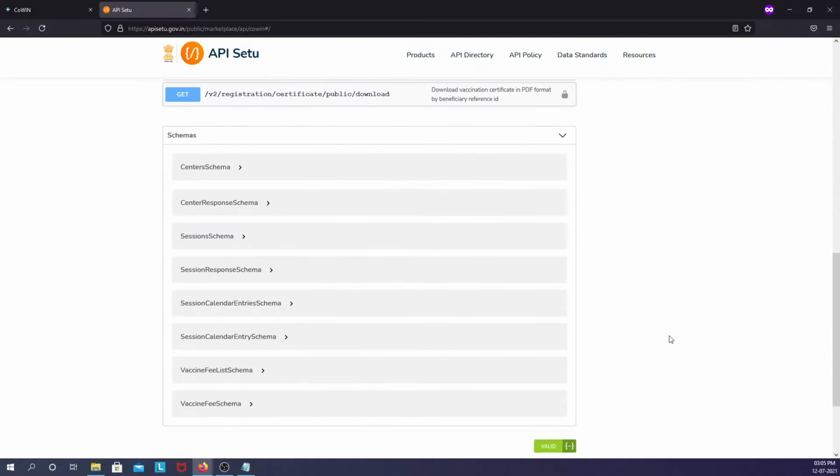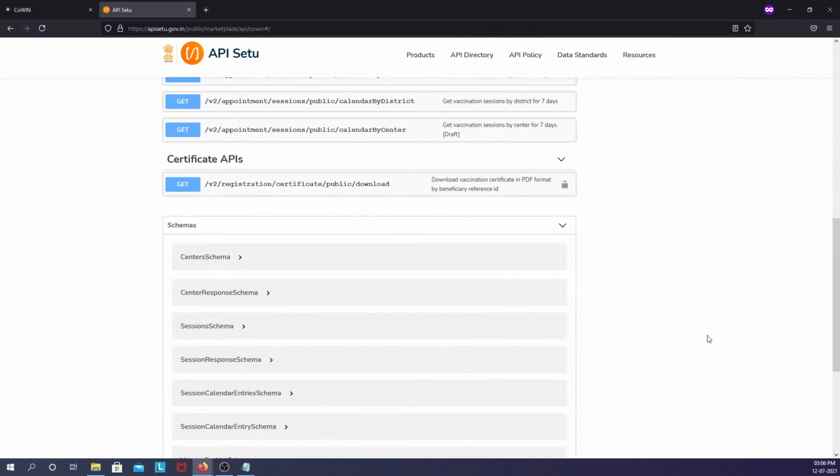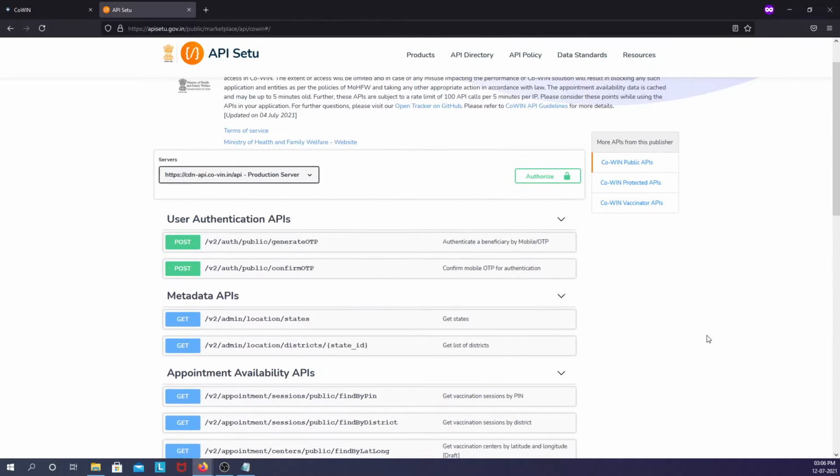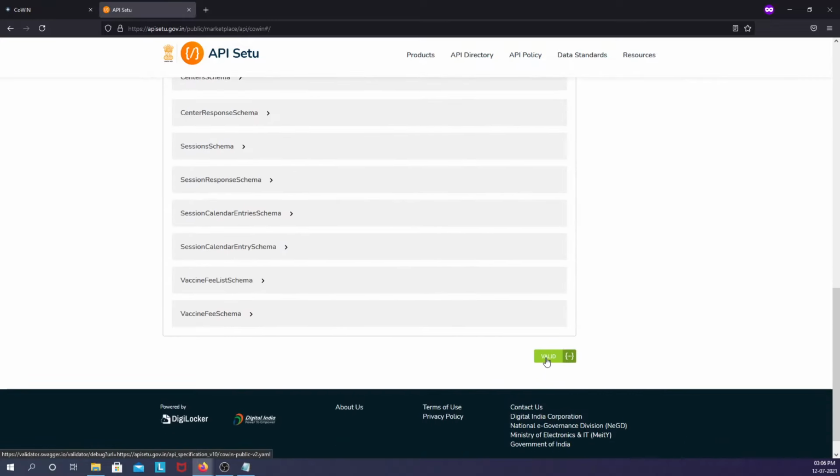Similarly, we can store this in a format which can be read and understood by machines, which is a machine readable format like JSON or YAML. Once we are able to represent the documentation for this API with the help of Swagger, we can automatically generate the necessary request response models and the API endpoint invocation logic as well. This is the Swagger UI for this API. And if I scroll down, you can see there is a valid